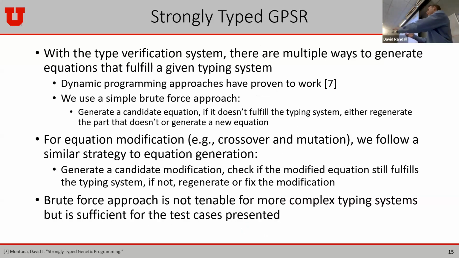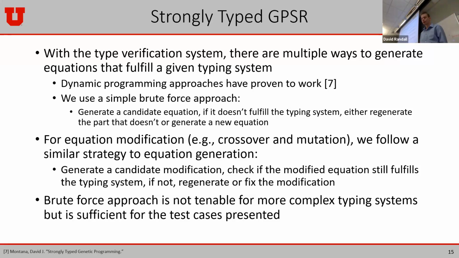So we use this type verification system to ensure that equations produced by GPSR always fit within the typing system that we specify. There are other approaches for doing this, such as dynamic programming, which is presented in Montana's strongly typed genetic programming. For simplicity, we use what I'll call a smarter brute force approach, which I'll explain in depth in the next slides. But the basic concept of it is that we generate a candidate equation. If it fits within the typing system, you keep it. Otherwise, you try to fix the portions that don't fit within the typing system, or throw it out and regenerate